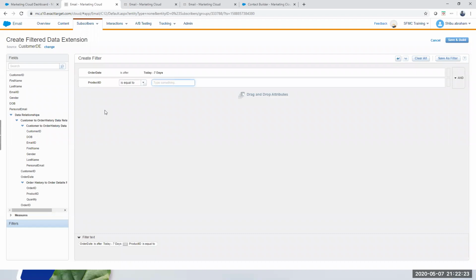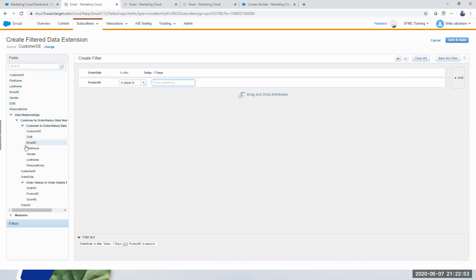You can easily do this based on the data relationship. Now, one thing you need to really understand about filtering here is that it's an inner join. Those who are familiar with SQL, or if you're not, please do read it up as well. The conditions have to be satisfied for both when you're doing the relationship. So in this particular case, whatever I get from the filter will be from this particular data extension only.